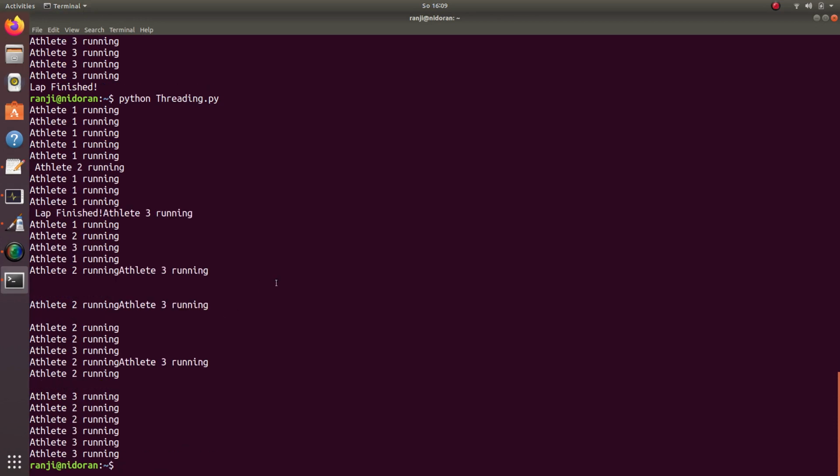You can see some statements are not printed properly. Athlete 1 is running, then athlete 2 is running, but it is printed in a different way, with the indentation shifted towards the right, and then in between you get lap finished, then athlete 3 is running after that, and then you see some gaps.